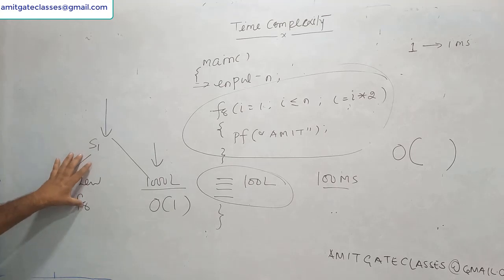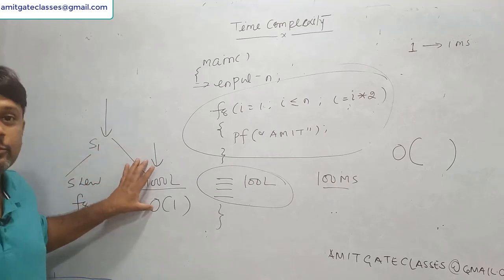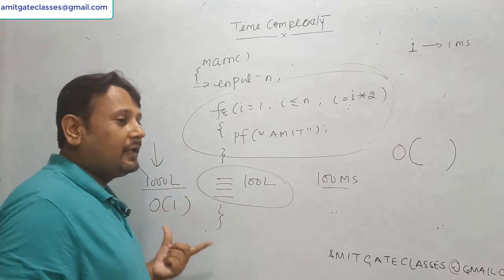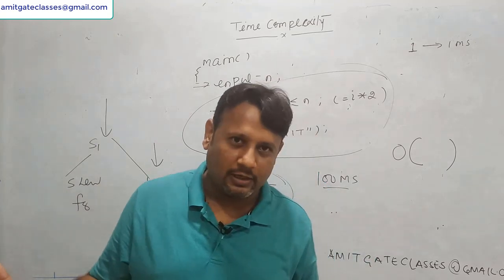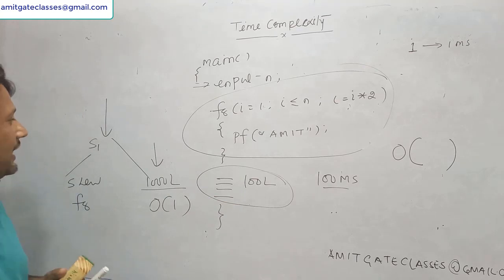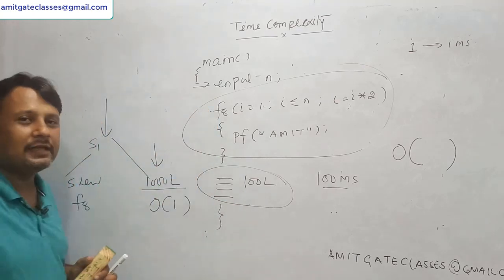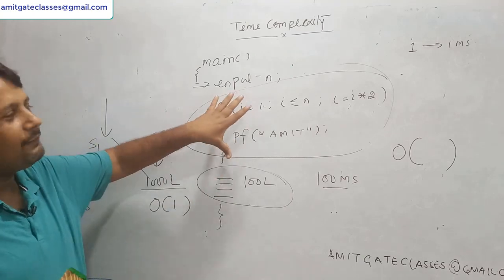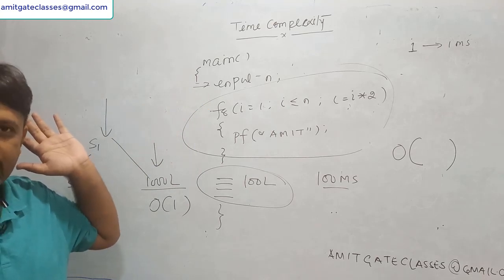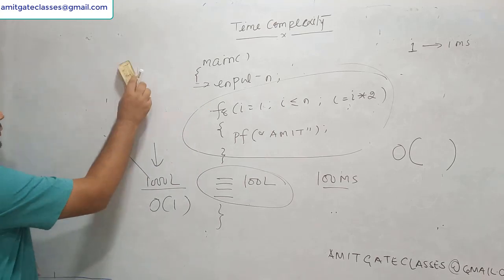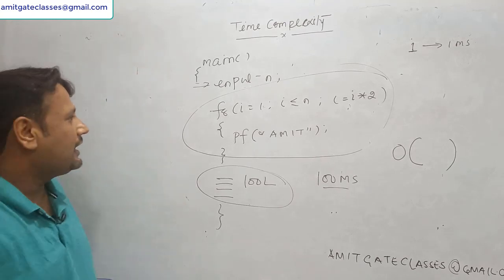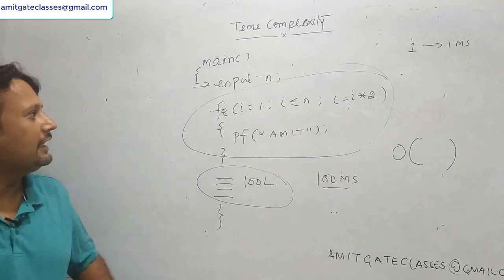So this 5-line program can have very high complexity compared to a 10 million line program if there is no loop involved. That means if I am asked to write an optimized program, optimization will not come from minimizing the total number of sequential lines. How can we optimize this loop? That is called program optimization. We have to optimize the loop because maximum time we are spending in loops only. My point is clear enough? Okay, we'll talk about everything in detail later. Right now we are in the process of learning how to calculate the complexity of any iteration based